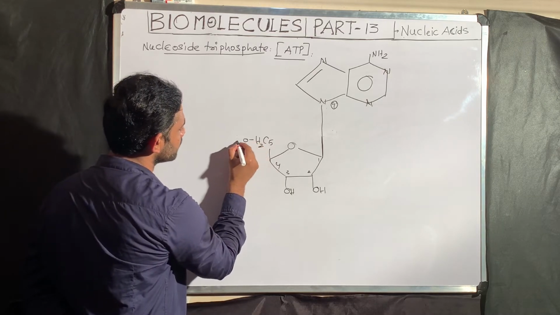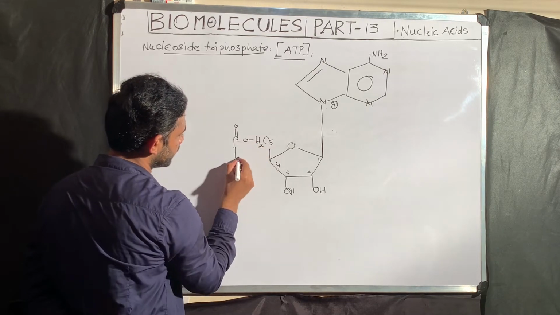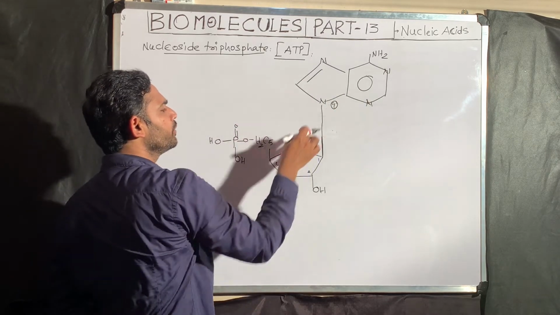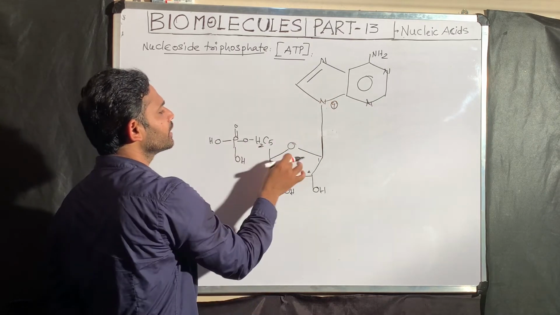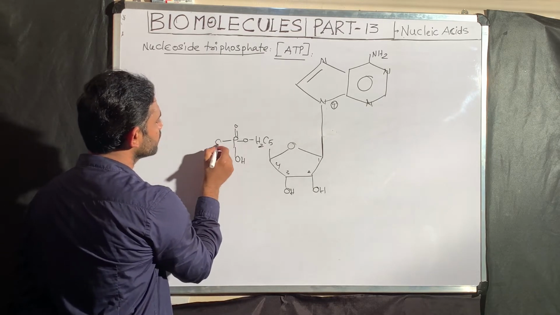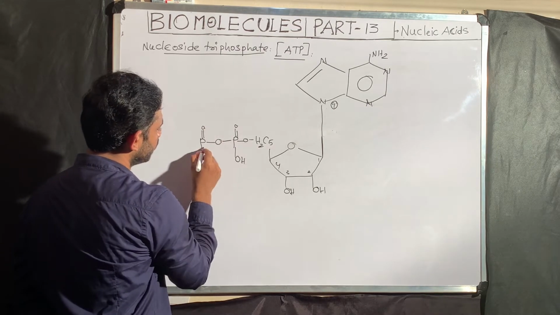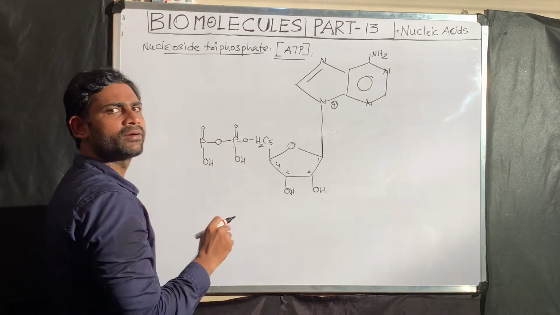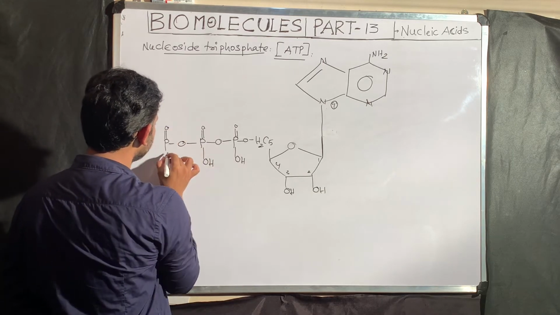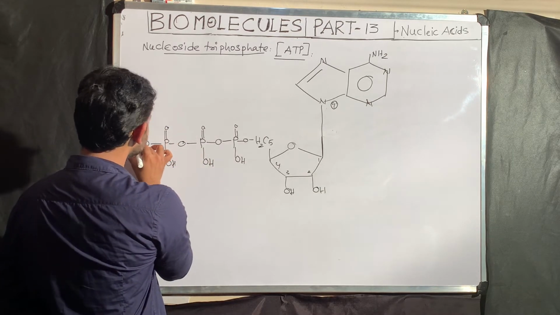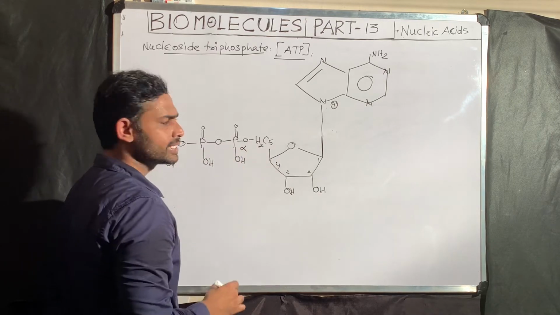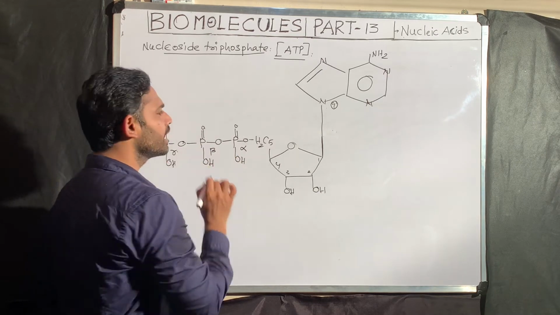I will explain very simply. Phosphate. If I stop here with the OH group, adenosine with only one phosphate, you can call this adenosine monophosphate, that is AMP. Now if I continue the structure and stop at 2 phosphates, you can call it adenosine diphosphate. Last one, 3 phosphates I am writing here. Now this is called 3 phosphates. So, adenosine triphosphate. The first phosphate is designated as alpha, this is beta, this is gamma.